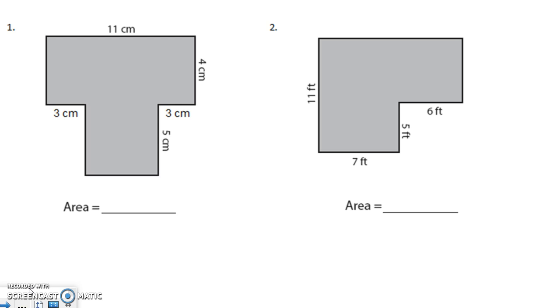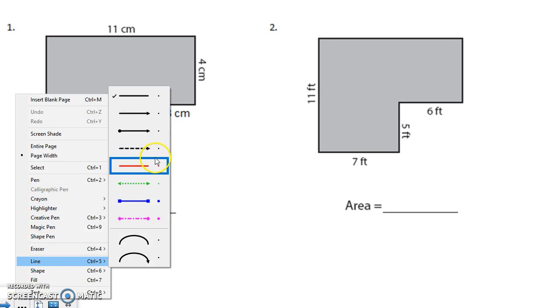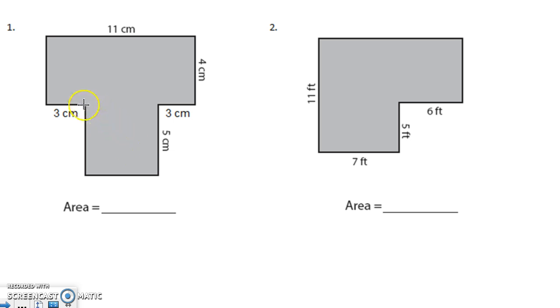So we're going to do what's called composite shapes today. Notice that they kind of look like two rectangles that have been smushed together. And we're going to find the area of these shapes. So it's an extension of what we did yesterday. You just have to be able to find the two shapes. And then once you can distinguish the two shapes, you can figure out how to find the area based on